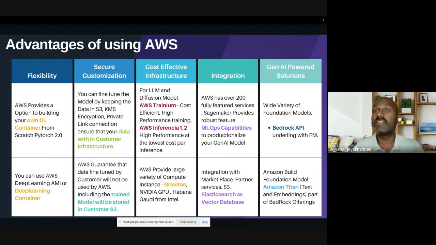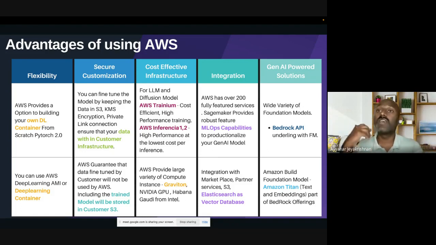Third, cost-effective infrastructure. You can use Trainium. Stability AI, which builds image models, was using the AWS Trainium UltraCluster to train their model, so it is highly efficient. Then they have Inferentia, which is meant for inference. Both are done at the ground-up level by AWS Annapurna Labs, an Israeli firm acquired by AWS. The compute is built for a particular purpose. Trainium needs large compute and a better network for better scalability, so it will be available in multiple regions.